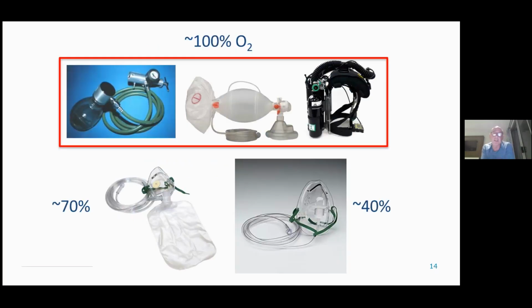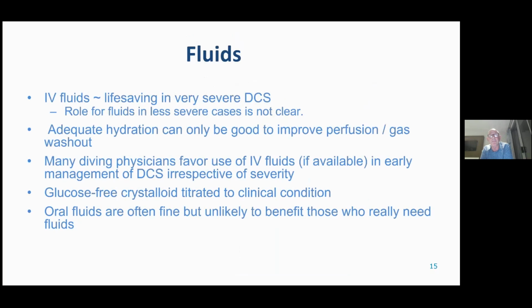Now, we do point out to divers that 100% oxygen can only be administered in certain ways. So a demand regulator attached to a cylinder of oxygen, a bag valve mask system that the diver breathes through, an oronasal mask with enough flow to maintain 100% oxygen. A diving rebreather will allow 100% oxygen administration. A non-rebreather mask, not so much, maybe 70%, maybe a little bit more if they're used well. And a Hudson mask, obviously never, they don't get anywhere near 100% oxygen.